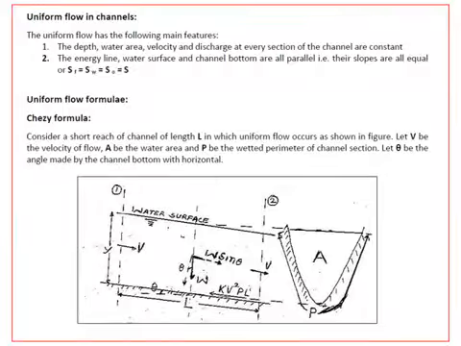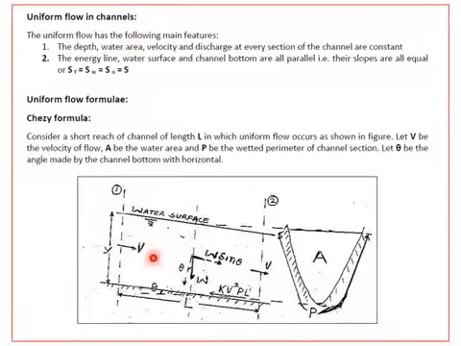Now coming to the basic aspects of the next topic, which is uniform flow. I already told you in types of flow what uniform flow is. Uniform flow is where space is the criterion. When the depth of flow does not change from section to section, it is known as uniform flow. For example, when you go to different sections here, the depth of flow remains the same, which is y. Here also it is y. Here also it is y. Since the depth of flow is the same, the water area has to remain